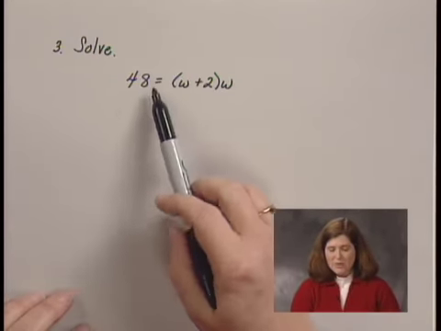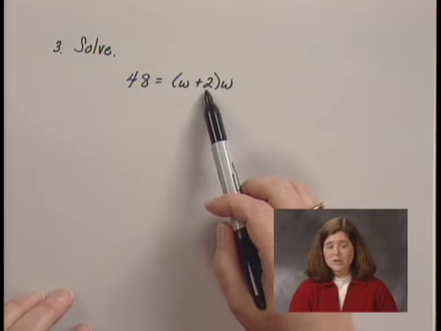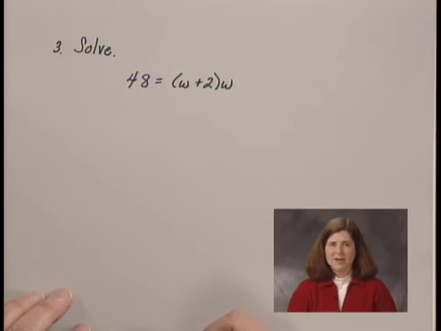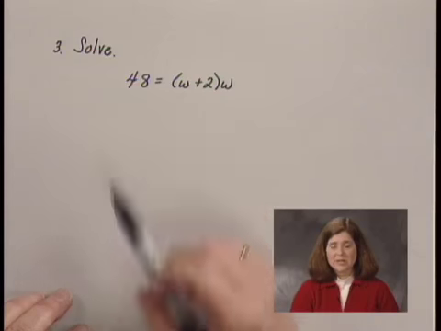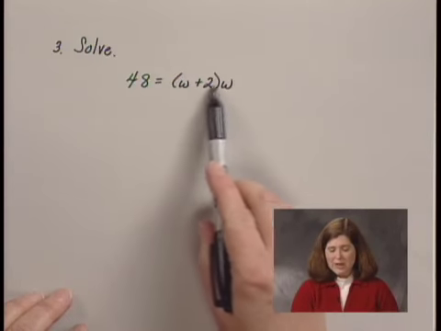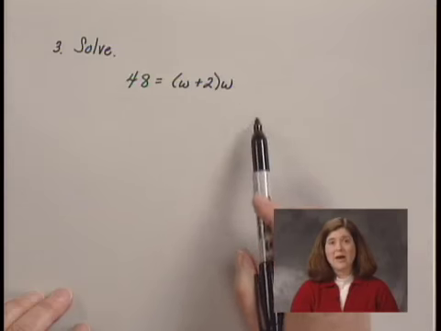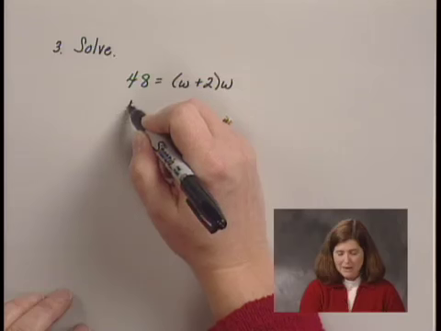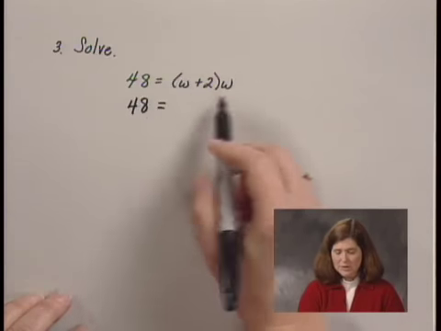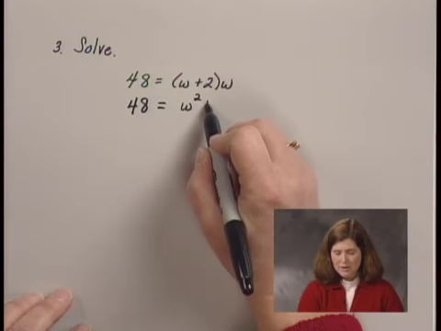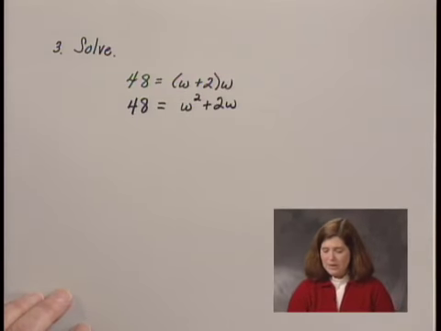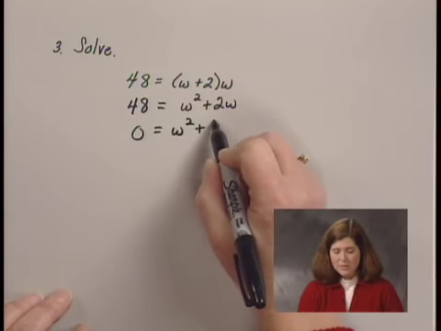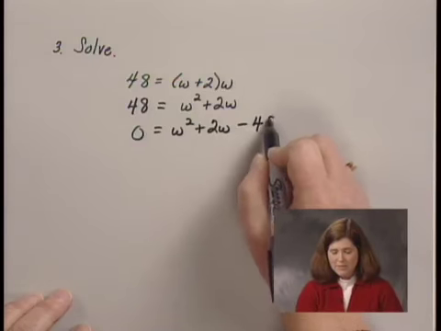I'm solving the equation of 48 equals the quantity W plus 2 times W. To solve this, I'm going to use the principle of zero products. So I have to begin by getting a 0 on one side of the equation. This means I'm also going to have to multiply this out in order to later on factor what I have on one side of the equation. I will start by multiplying that. I have 48 equals W squared plus 2W. And then I subtract 48 from both sides, and I have 0 equals W squared plus 2W minus 48,